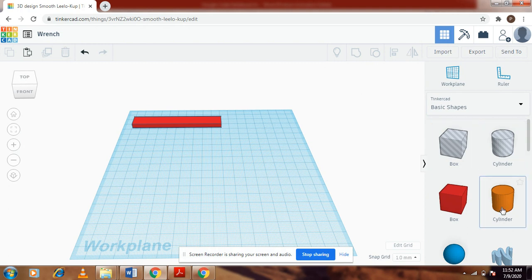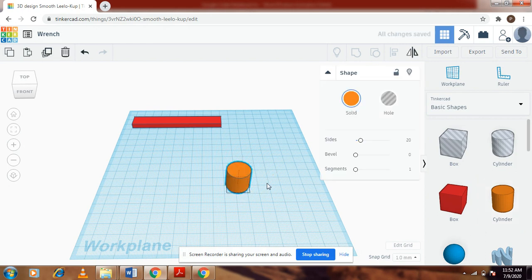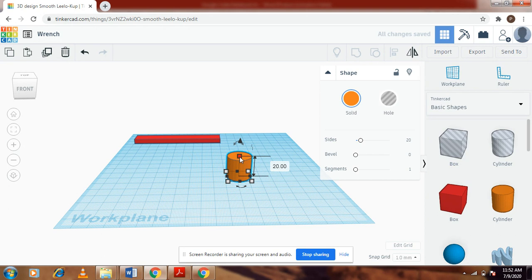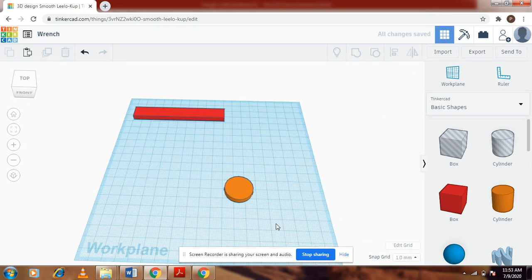Now we will go ahead and make the ring, for which I am going to drag a cylinder onto my work plane, and I'll be changing the dimensions of the cylinder. I'll be changing the height of the cylinder from 20 to 5 mm. We'll be keeping the height of every component that we design to make a wrench in this case to 5 mm, so that all our components are at the same height. Now I will go ahead and change the dimensions to 25 mm and 25 in this case. Looks good.